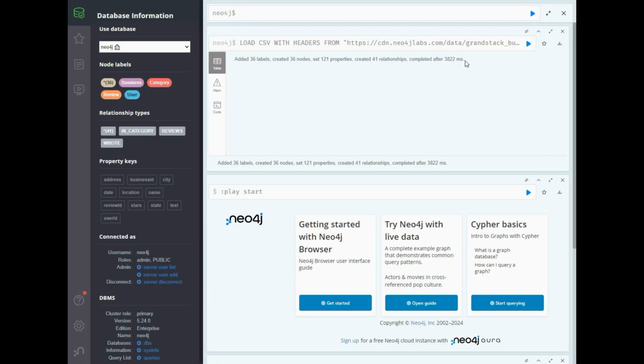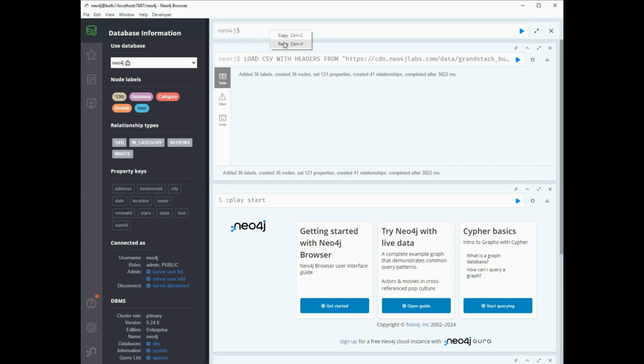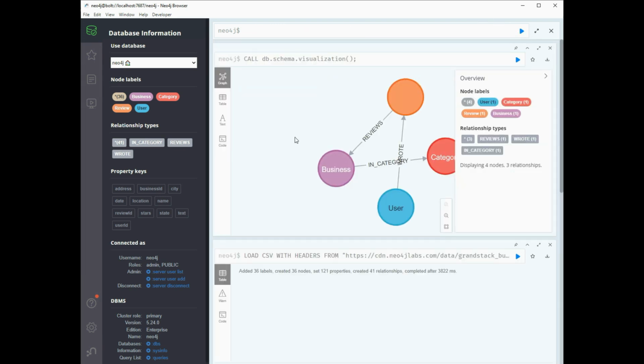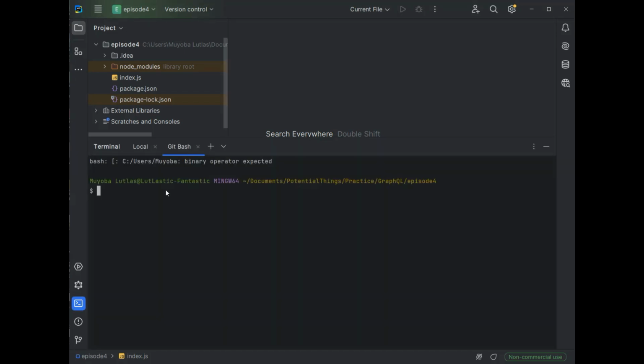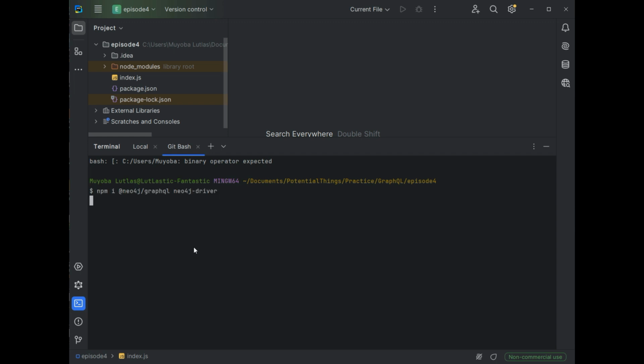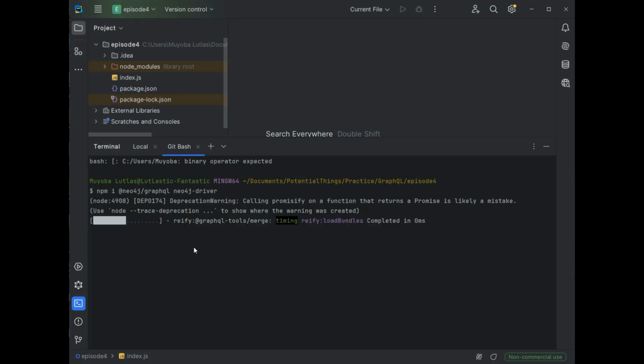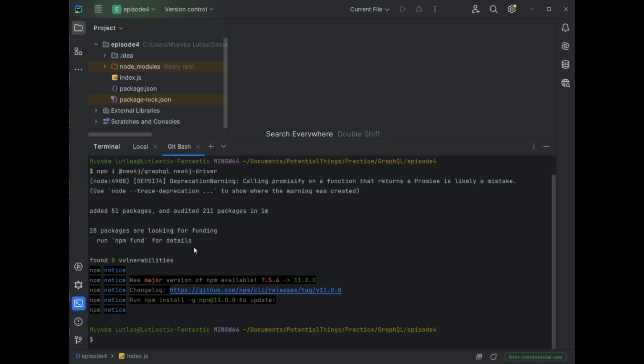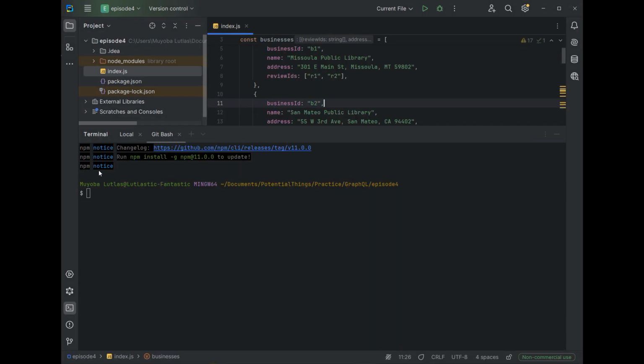Now that we have our Neo4j database loaded with our sample dataset, let's modify the Node.js project we set up in the previous episode. We can add two more dependencies to our package file by installing the Neo4j GraphQL library and Neo4j client drivers. These will respectively allow us to translate GraphQL queries to a single Cypher query, eliminating the need to write queries in GraphQL resolvers, and allow for connecting to a Neo4j instance, either local or remote.